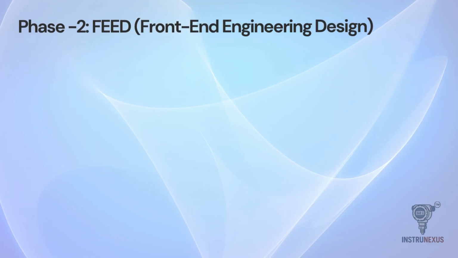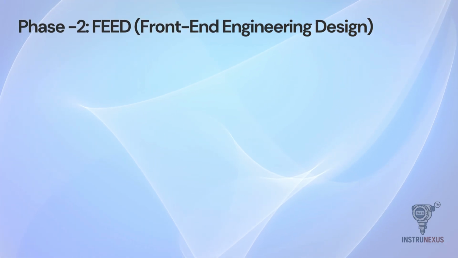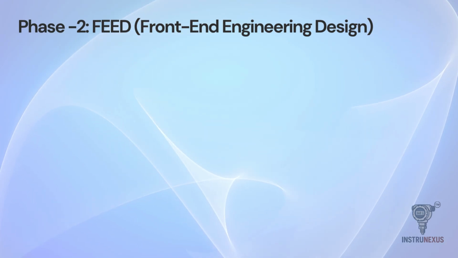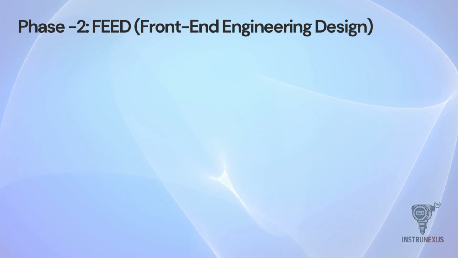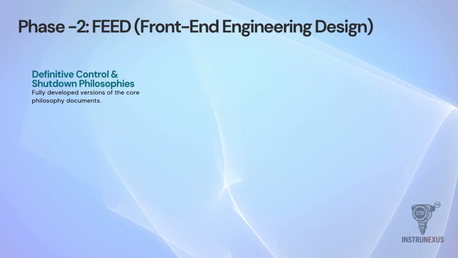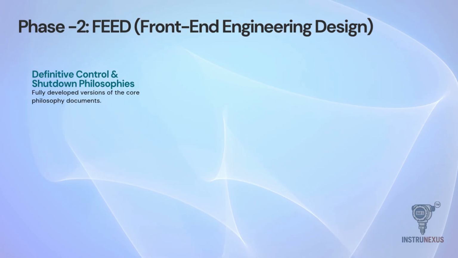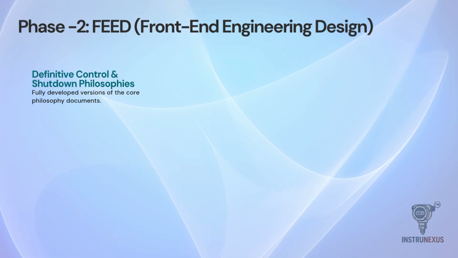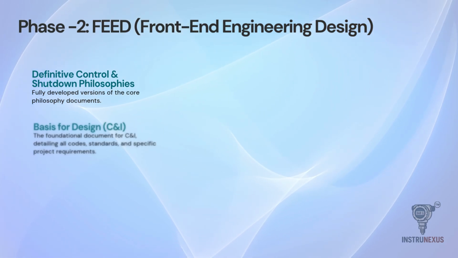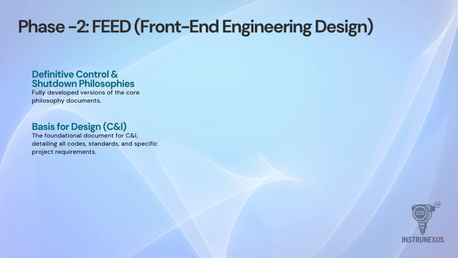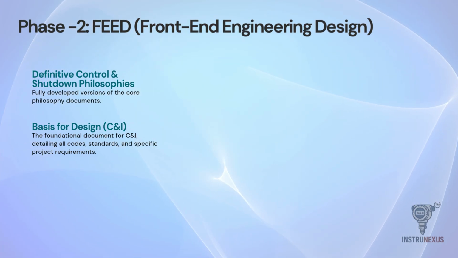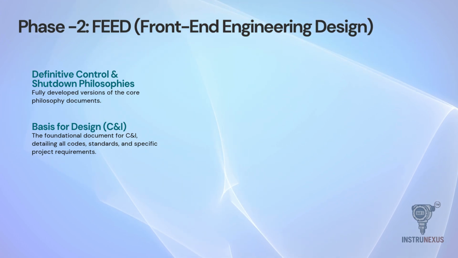Now we move into Phase 2, Front-End Engineering Design, or FEED. This is where the project begins to take real shape. The vague ideas from the concept phase become the definitive control and shutdown philosophies. These are fully developed versions of your core documents. The most critical document here is the Basis for Design, C&I. This is the foundational document that details all the codes, standards, and specific client requirements that will govern the rest